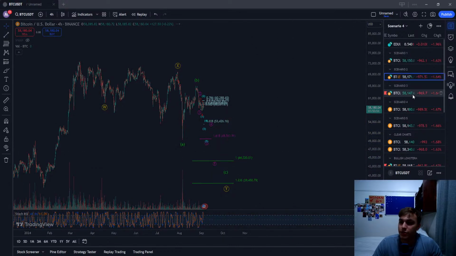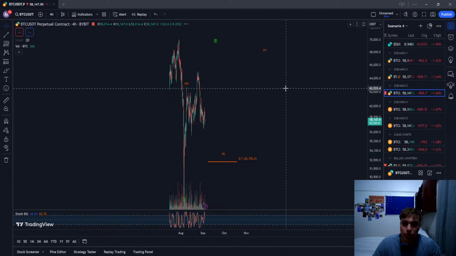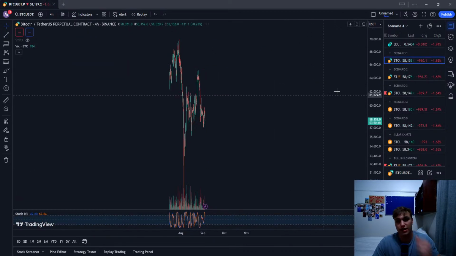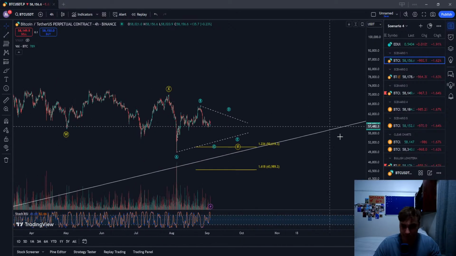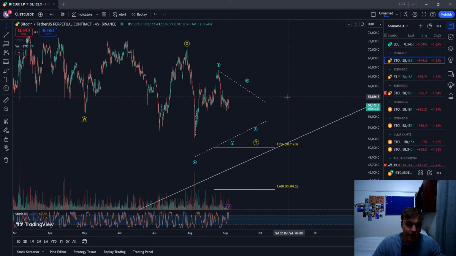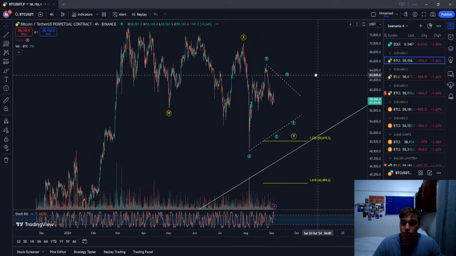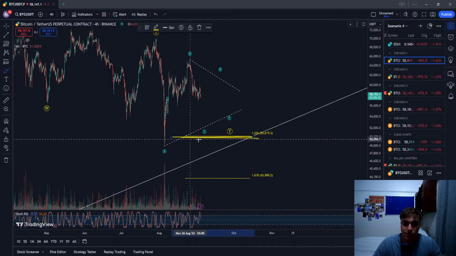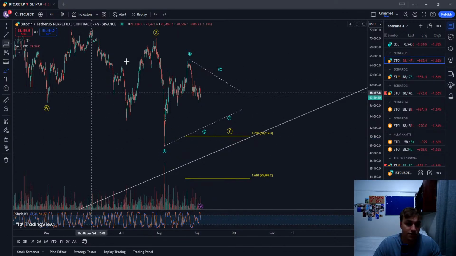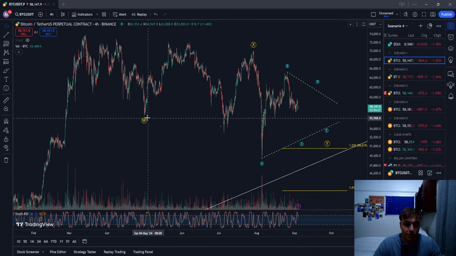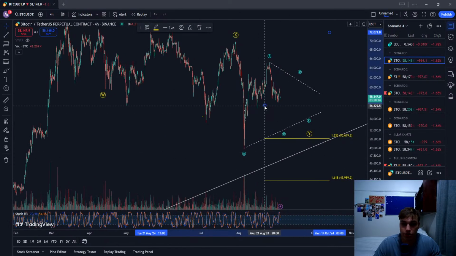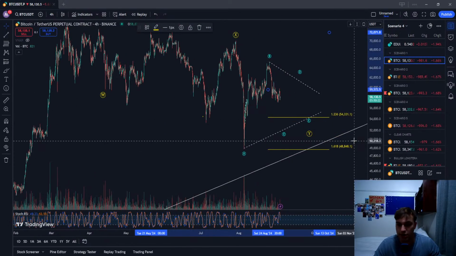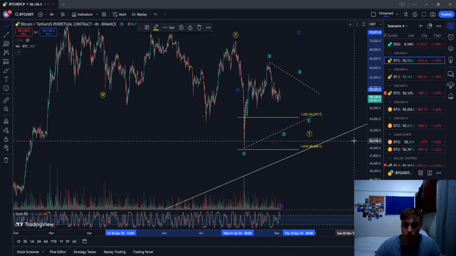But so if we go on to our scenario where this is a 3-wave structure, we have this. This would be the scenario. Also a WXY, but where our low is in. Our low is in at the A wave, and we hit perfectly off this target level at the 1.236 of this WXY. W needs to actually shift here. This would then change to that. So we hit our really nice target box, actually just hitting the, almost the 1.618.